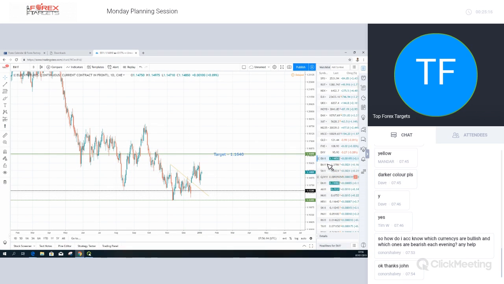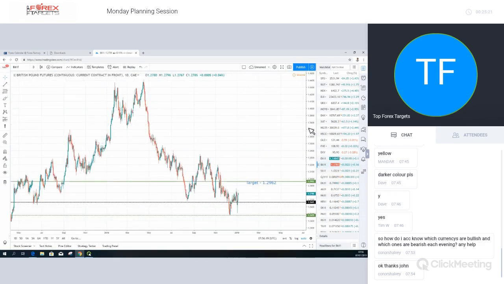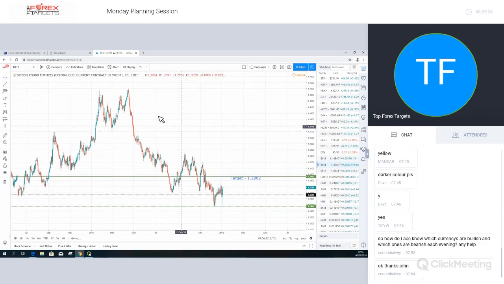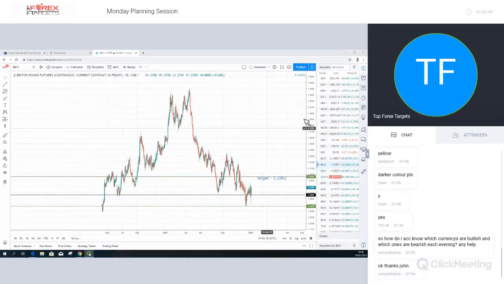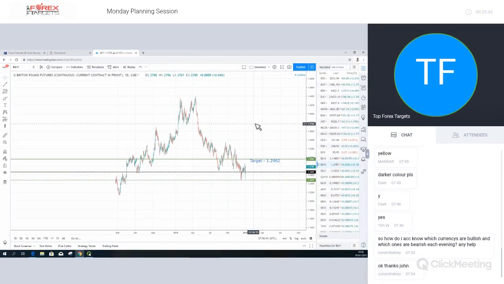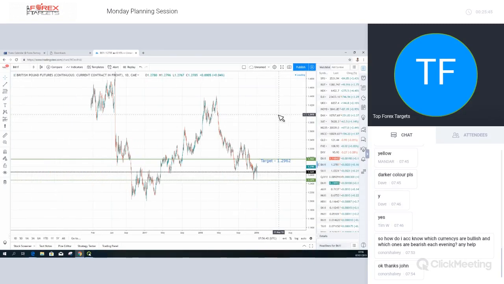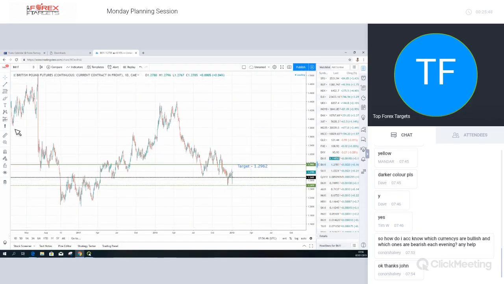Now, in terms of the British pound, the British pound is in a similar position to the euro in the sense that if there is a decline in the dollar, we should also see this pushing to the upside this year. It does again look like we have in the pound a big correction already taken place. So, for example, you can see we have all these moves up in this area.